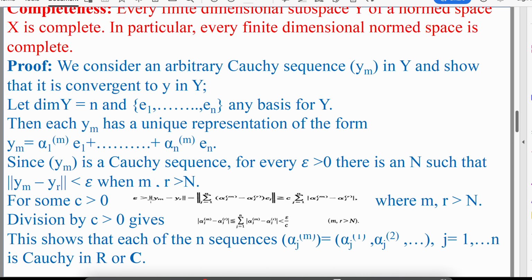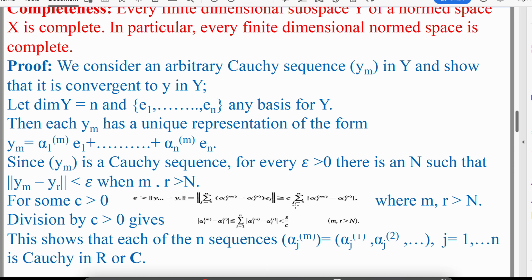So here I have written, in place of ym, sigma j equal to 1 to n alpha jm ej. If we apply the same notation and replace m by r, then yr equals alpha 1r e1 plus alpha 2r e2 plus up to alpha nr en, and in short we can write sigma j equal to 1 to n alpha jr ej. So in place of yr, I have substituted the value sigma j equal to 1 to n alpha jr ej. If we take ej common, we can write sigma j equal to 1 to n of (alpha jm minus alpha jr)